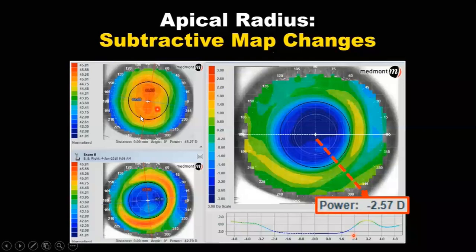This is the previous map that the patient had done, for example, 3 months back, and this is the examination that they did today. For example, the patient is coming after 3 months. The machine will compare these two points and it will give the present picture. So here in this picture, the machine is showing there is a decrease in the power, minus 2.57 diopter from this visit to this visit. There is a regression.